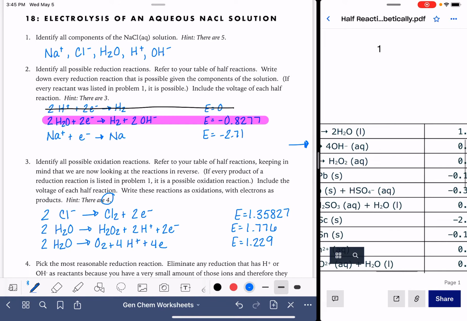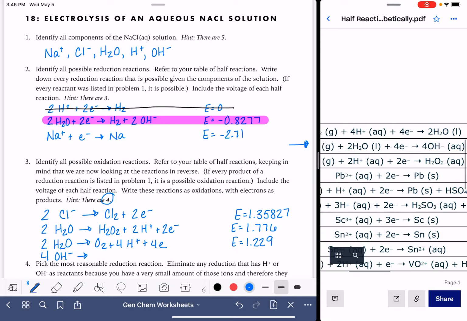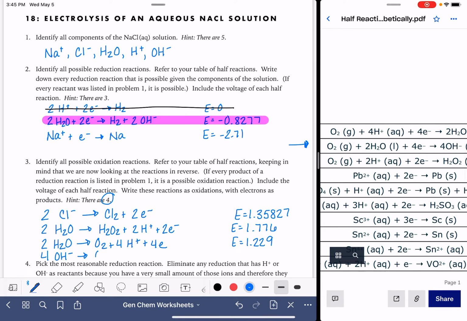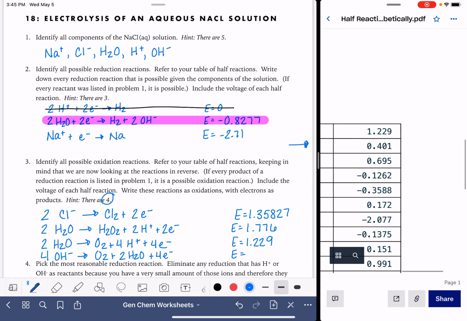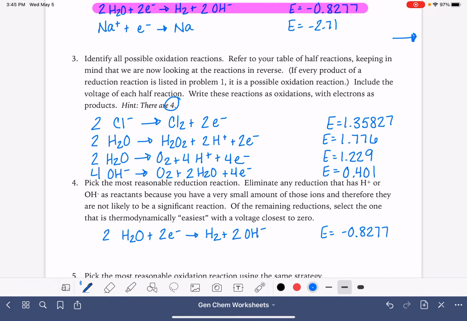Looks like this next one underneath it, 4 OH minus. And as an oxidation, the products will be O2, 2H2O, and 4 electrons. And this voltage will be 0.401. So now that we've identified all of the possible oxidation reactions, again, we want to select the most reasonable of these 4